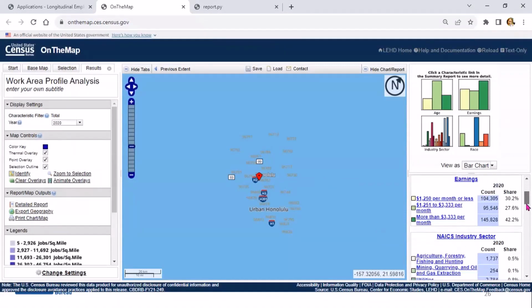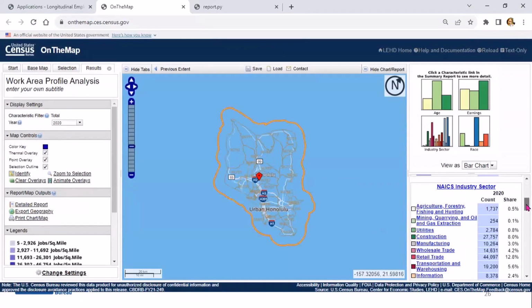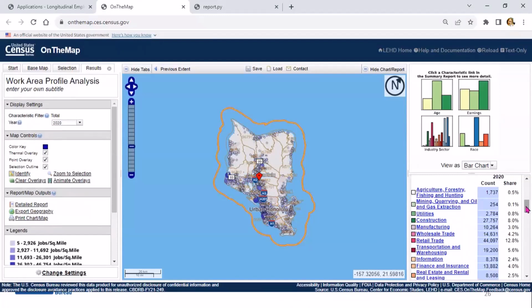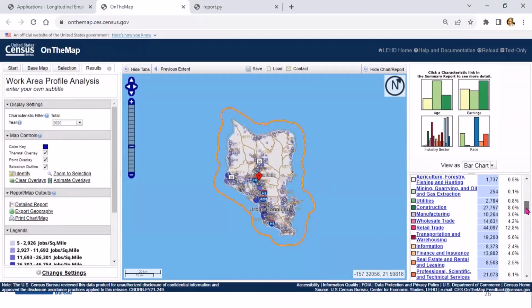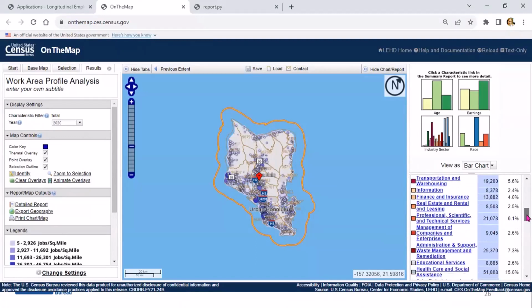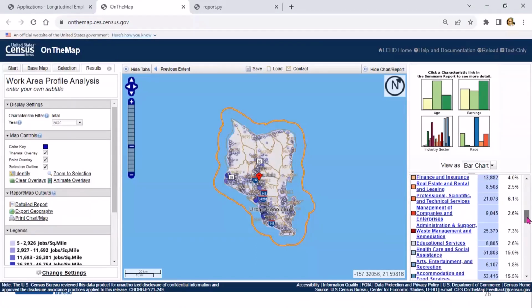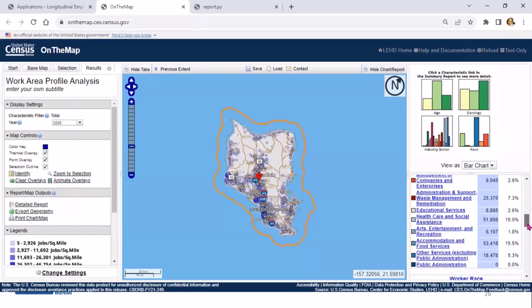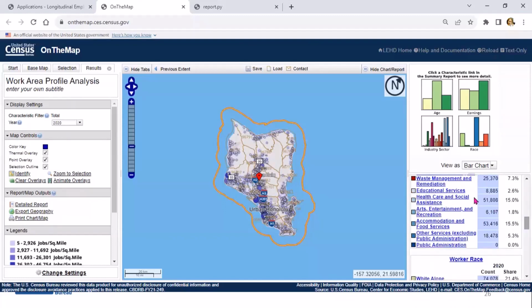So, picking out the different industries that would be more likely to work remote would be something like information, or finance and insurance, or professional, scientific, and technical services. And even sometimes educational services, you would think, oh, that would be somebody who would be allowed to work remote.